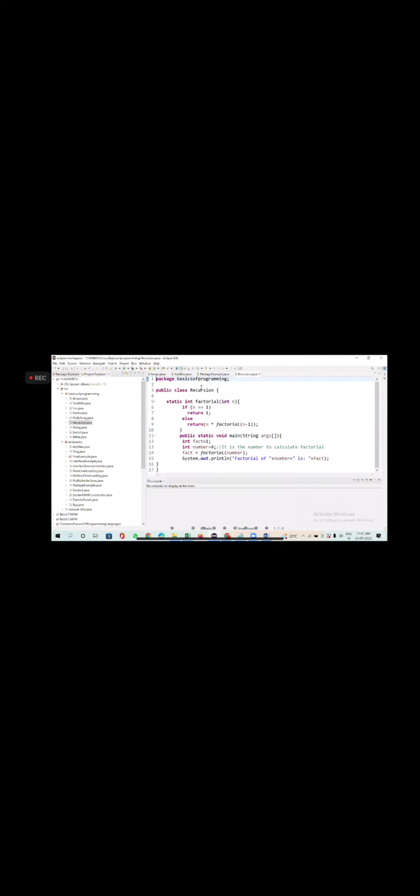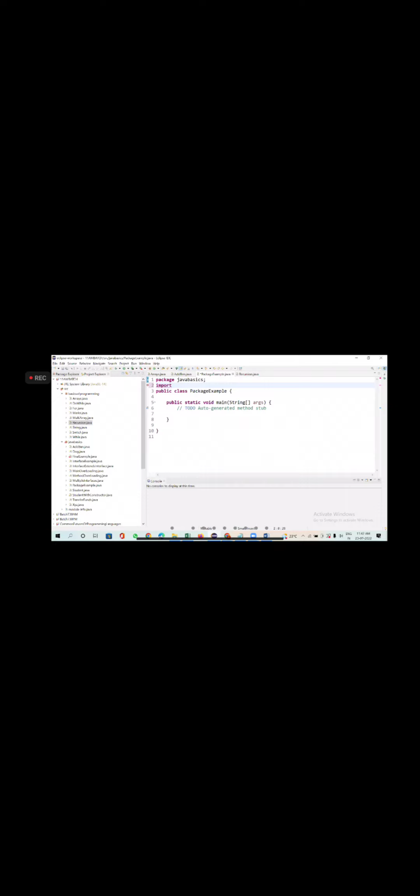Now I wanted to use this class. Where is this class? In Java basics of programming. Which package am I in? In Java basic. These two are different packages, right? Now, which one do you want to use? Recursion. What is this recursion? A class. This class is available in which package? Basics of programming. So what should I do to use this class? I have to import.